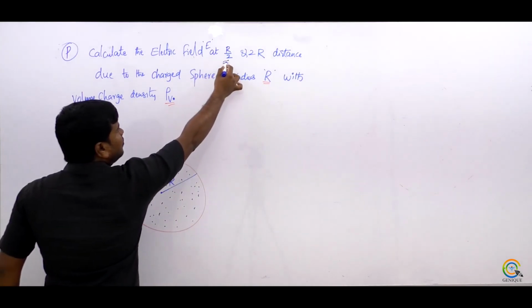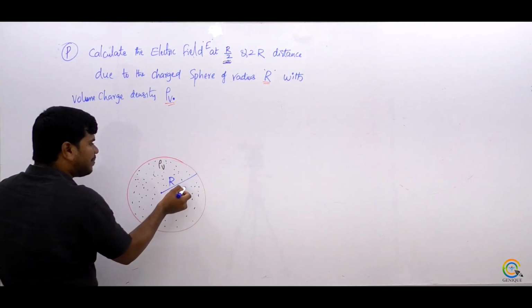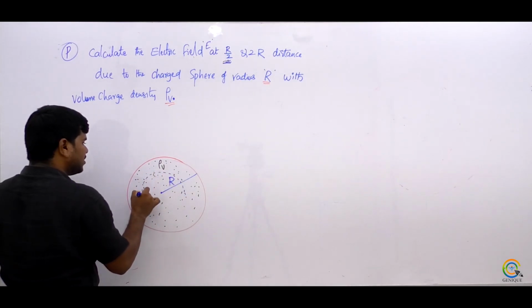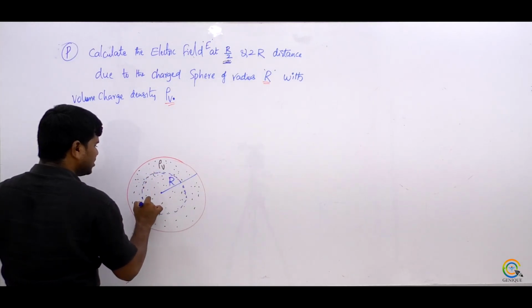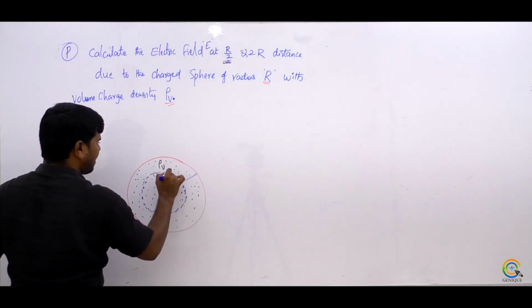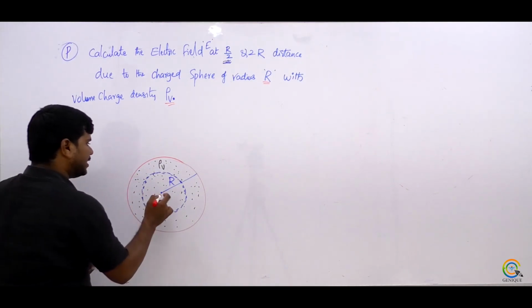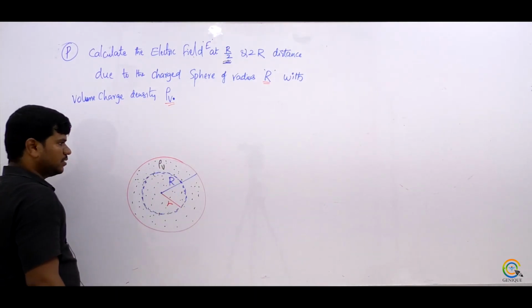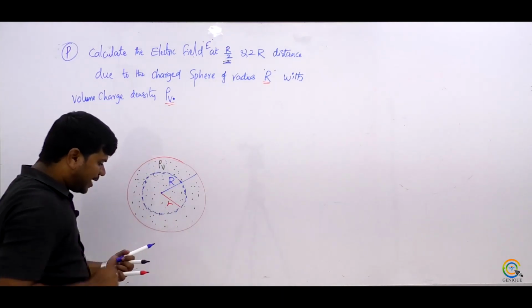Now let us suppose you have to find the field inside. First of all, I am considering the inside. Now somewhere I am constructing one Gaussian surface. This blue pen represents one Gaussian surface. It has a radius small r. To apply the Gauss law,